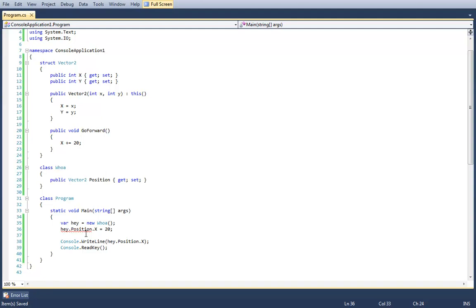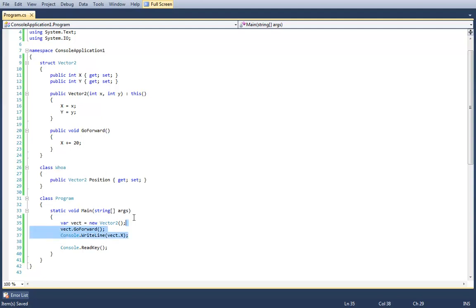Is that saying structs are immutable? No, structs are not necessarily immutable. This is a mutable struct. Did you say this is an immutable struct? A mutable struct. It's just a little unclear on the recording as to whether you say this is a mutable struct or an immutable struct.